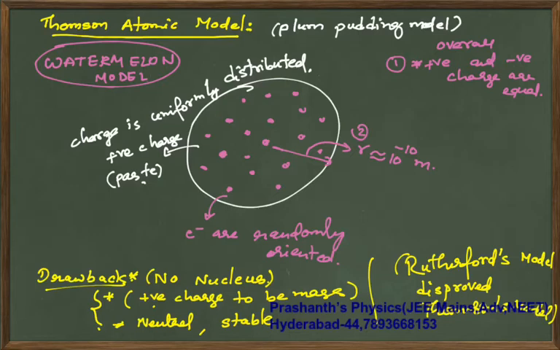Now, to overcome this problem, Rutherford said that Thomson is wrong, and that with his experiment he would explain what happens to Thomson's model. He tried to explain the structure of the atom. In Dalton's model, nothing was explained inside the atom. In Thomson's model, he tried to explain, but it was later disproved by Rutherford.